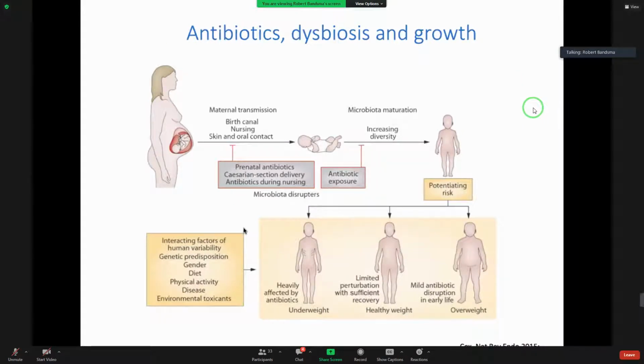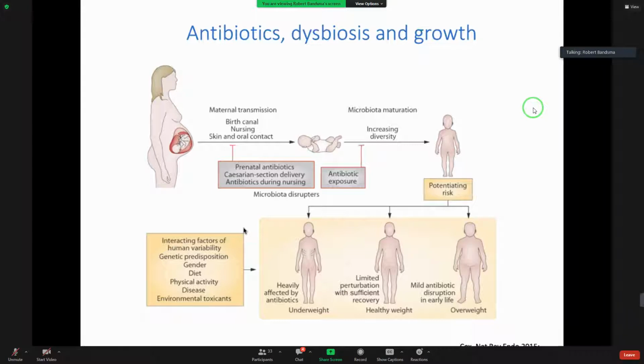One thing you could do is give antibiotics, potentially, in these children. But there is data to indicate that antibiotic exposure, especially in infants, can lead to changes in the microbiome that are longer lasting and can lead to changes in growth. This is a concept for which there is some data, but of course this is very difficult to really prove causally. But there is definitely some rather strong data that antibiotic exposure can affect growth.